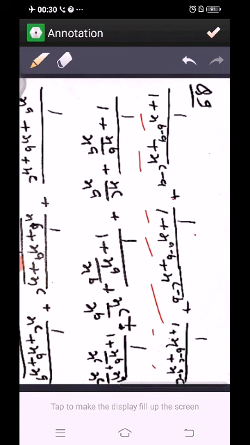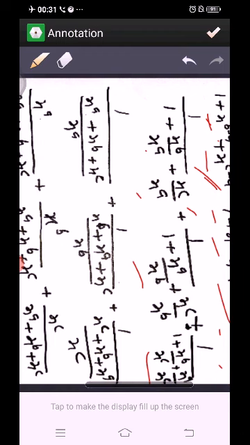Now we can see x power b minus a means x power b upon x power a. We will change it into division form, because it is given in subtraction form. Division form can be changed into subtraction and subtraction can be changed into division. So we will write it in division form, x power b upon x power a. Similarly we will change x power c minus a to x power c upon x power a. Same thing we will do in all three parts.